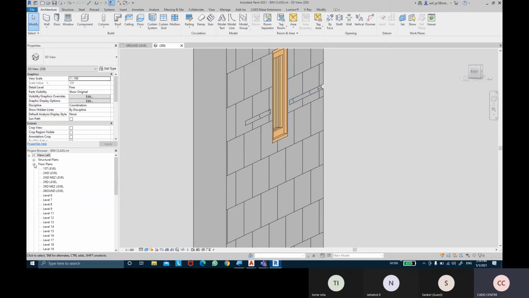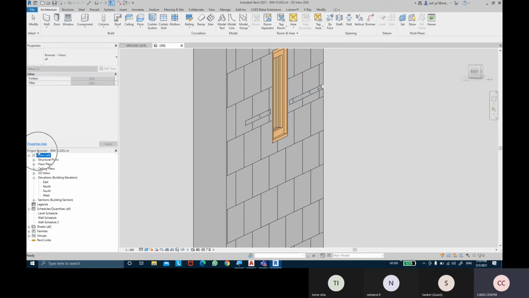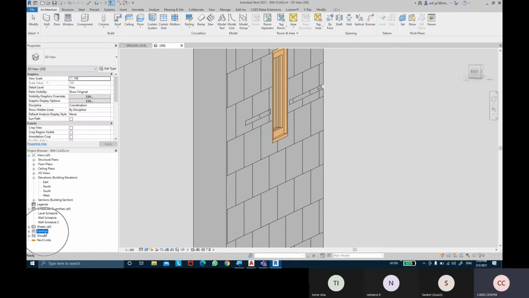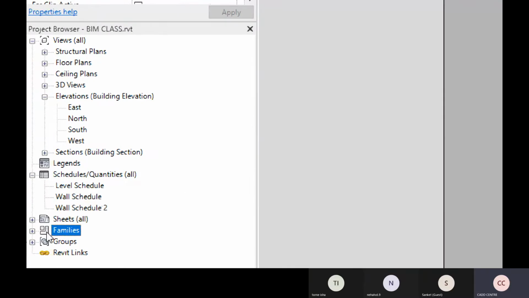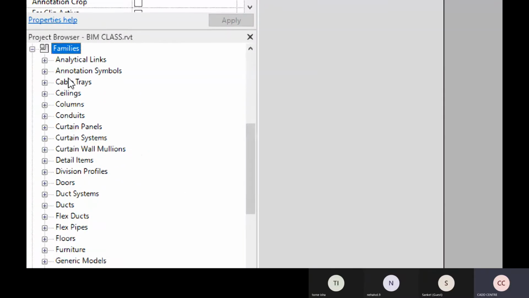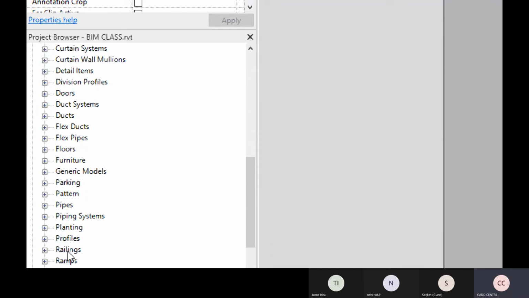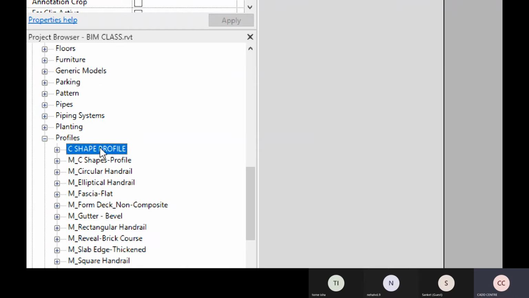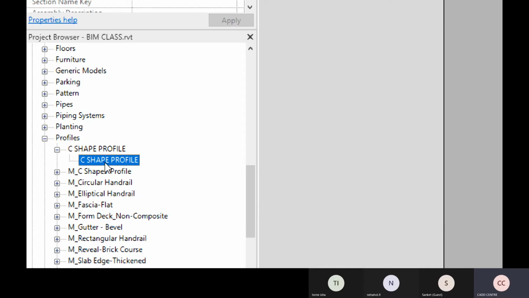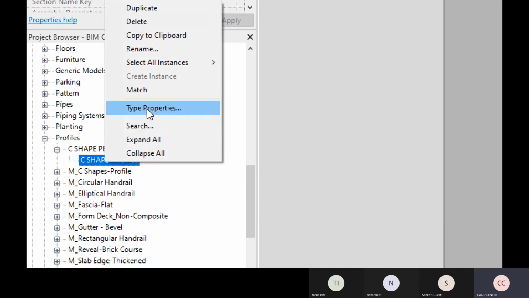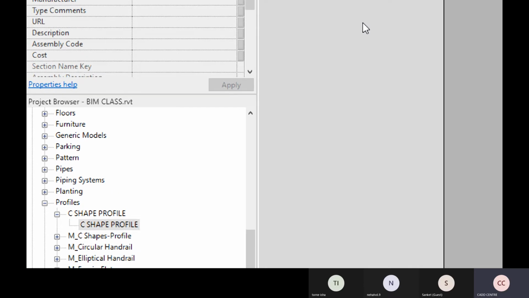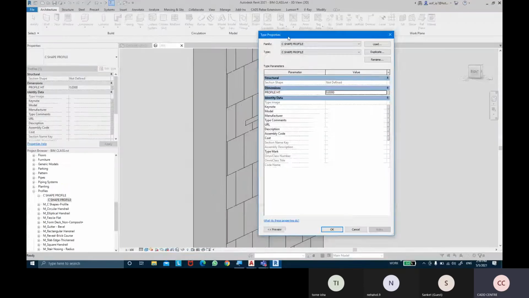what I'm going to do is come into this project browser, and under project browser I'm going to look up for families. Okay, so in the project browser, you must have families. Expand this. I'm going to search for profiles. So that's profiles. Expand this. Search for that profile. Here we have C shape profile. Select that. Right click it. Go into type properties. And from the type properties dialog box,